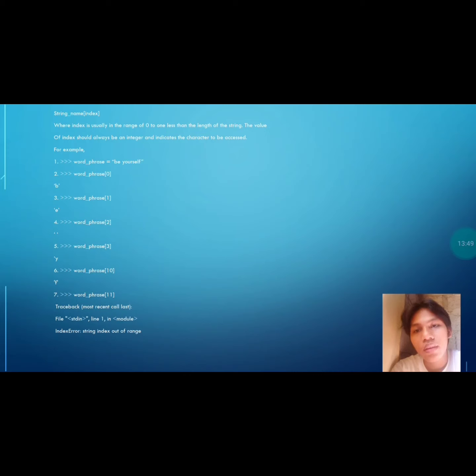The last character in the string is referenced by an index value, which is the size of the string, or len(string) minus 1. If you try to specify an index number more than the number of characters in the string, then it results in an index error, a string index out of range error, in number 7. You can also access individual characters